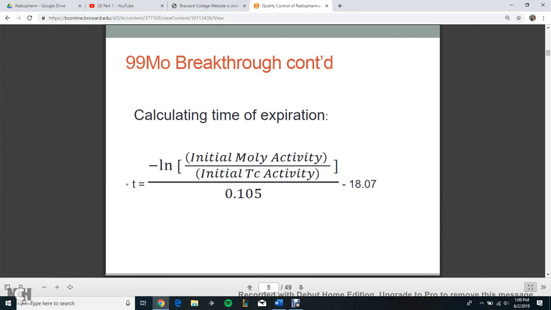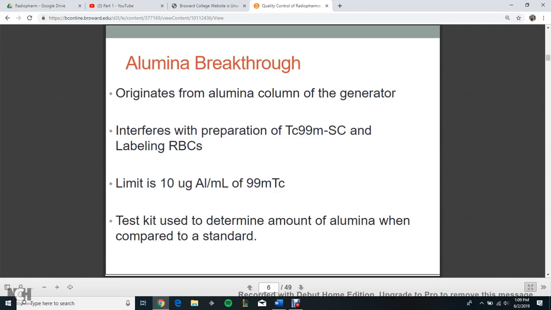The time is equal to negative ln multiplied by the initial activity of Moly divided by the initial Tech activity, all over 0.105 minus 18.07. The alumina breakthrough originates from the alumina column of the generator, interferes with the preparation of Tech sulfur-colloid and labeling